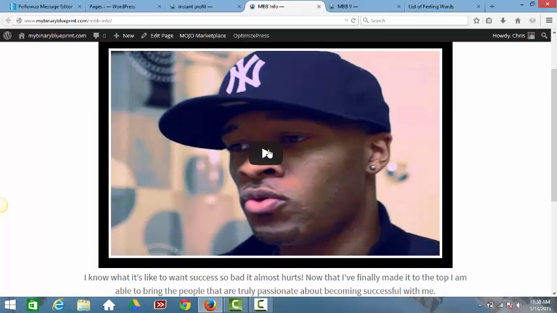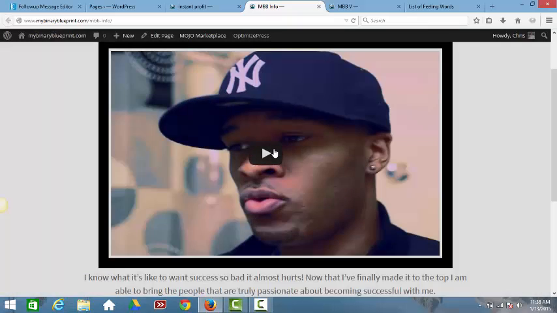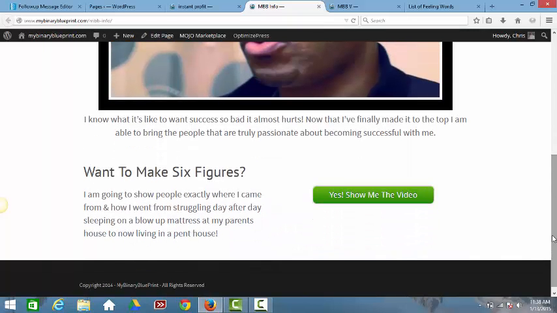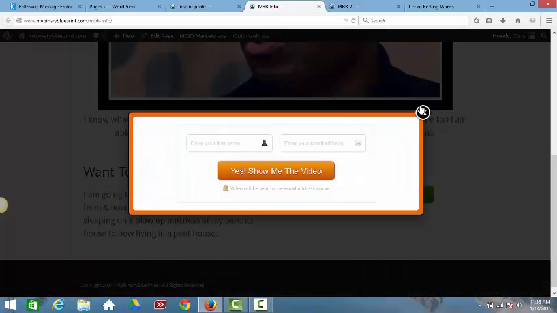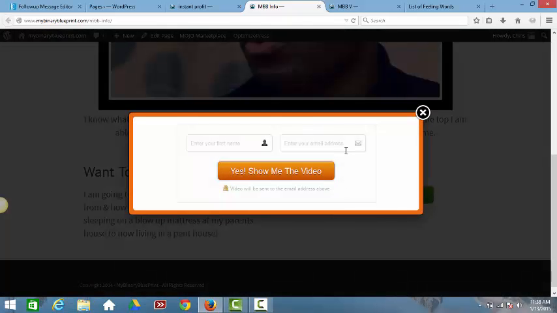A couple cool things to add in with your capture pages, maybe like this, so it looks like it's going to be a video to play. It opens up. I personally would probably have to change the color here. It's kind of light. I don't really like how light it is, but I wouldn't really know. I haven't tested this page, but you can have a button here, which opens up, does the same type of deal. You can see I actually am testing, and that's another thing too about ad copy.